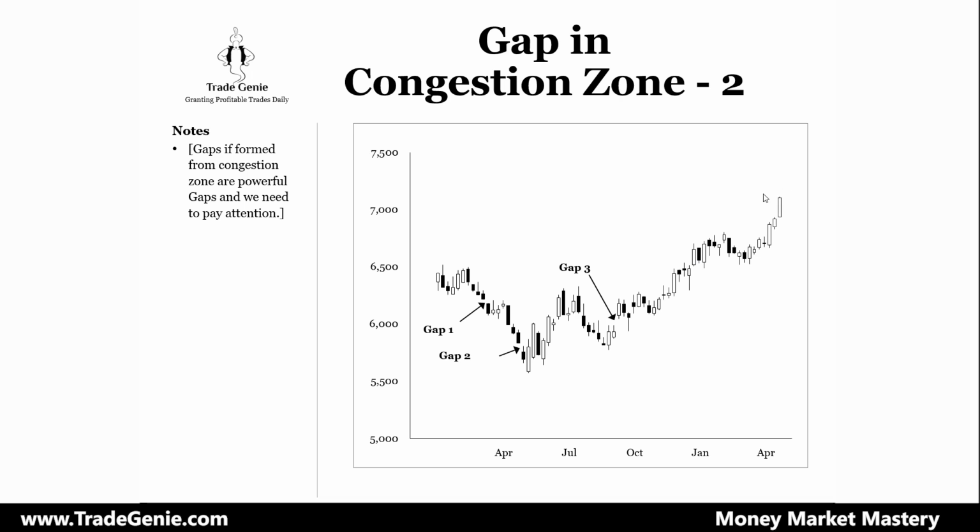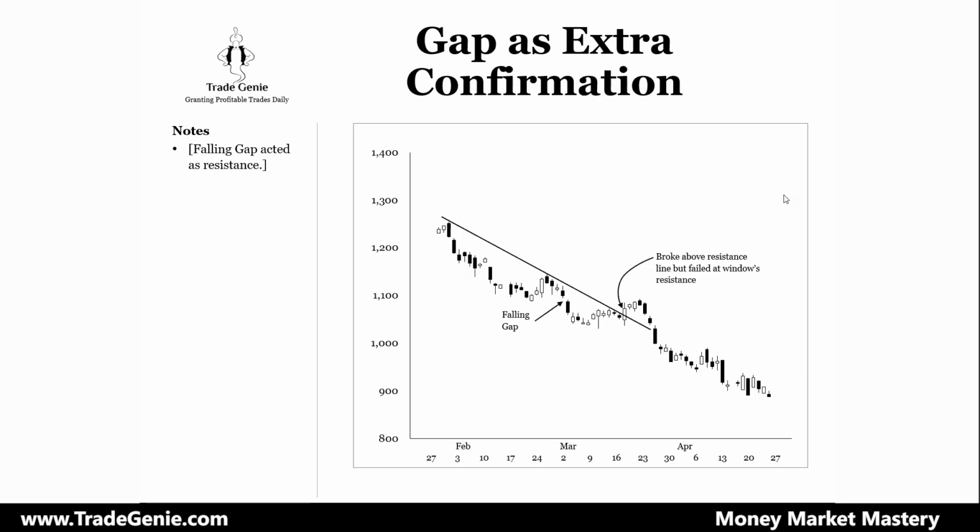If you're holding your short, you're watching it go from 5,500 to 7,000, and you're still holding the short from here. The gap also comes as a confirmation. If you're already in a trade for some other reason, and then the market gaps down, you say, holy cow, you have further reason. But be on alert that it's not doing something opposite. When the market gaps down or gaps up, be on high alert to protect that position, because it can backfire on you. It could be temporary.